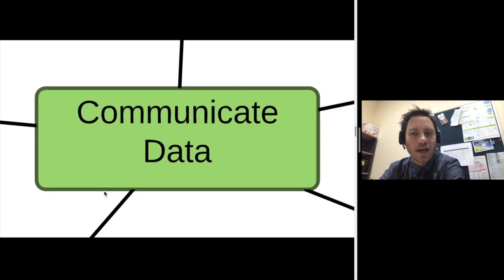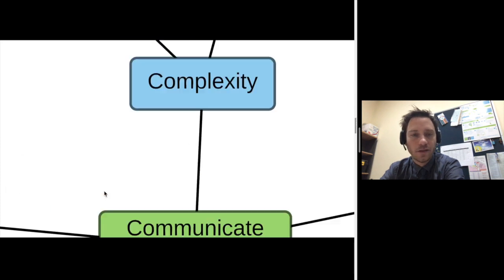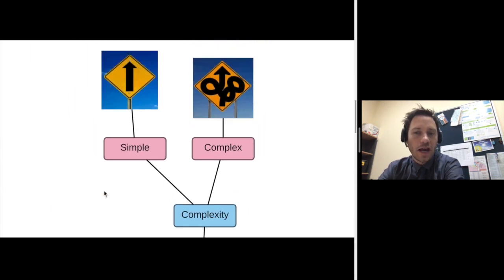The last point is communicate data. So data is useless unless we actually tell people about our data. We actually share it with people so that they can then do the things that they need to do with the data. When we're communicating with data, we need to firstly think about the complexity of the data or the